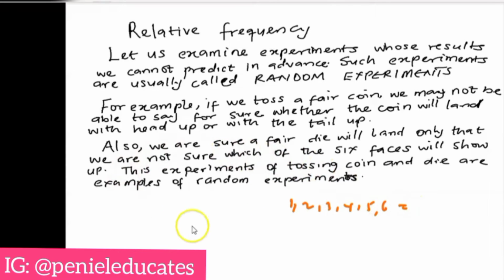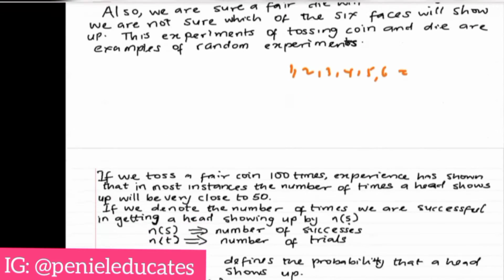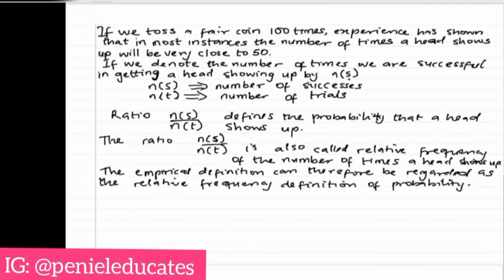So this kind of experiment of tossing a coin or a die is an example of a random experiment, like I explained in the previous slide. Now, if we toss a fair coin 100 times, the experiment has shown that in most instances the number of times a head shows up will be very, very close to 50. So if we denote the number of times that we are successful in having a head, that's the number of successes,